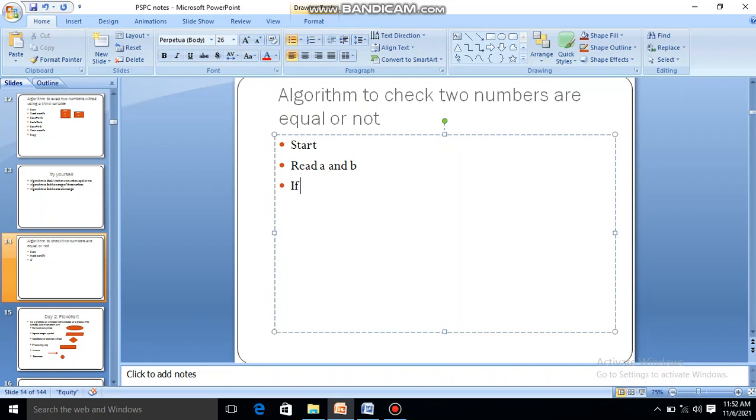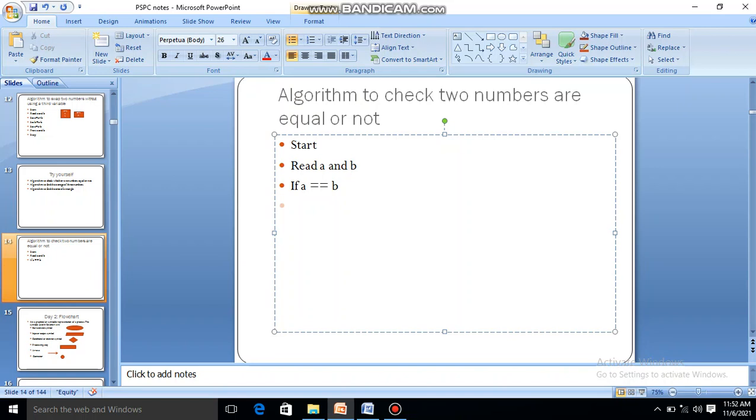So I can write if A is equal to B. I can write like this, or I can write if A is equal to B or not. I can write like this also. In C language, if I am doing some comparison, to check if two numbers are equal or not, I give two equal symbols. We give two equal symbols, not one. One equal symbol stands for assignment and two equal symbols stand for comparison.